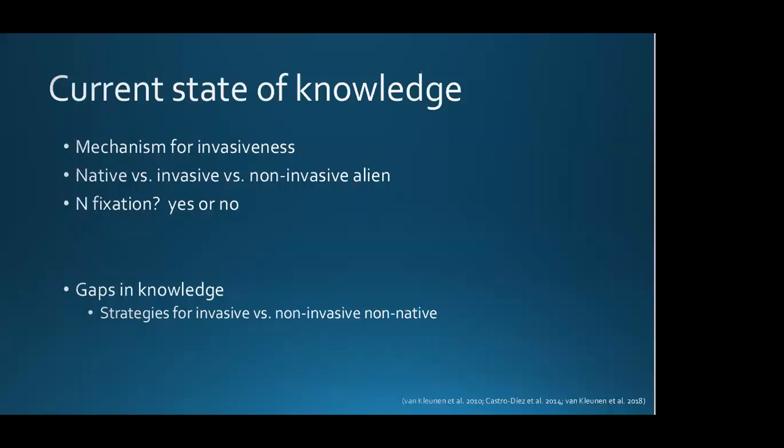Lots of research has been devoted to nitrogen fixation and even more to invasive species. A meta-analysis investigating the mechanism for invasiveness looked at over 100 studies that compare natives to invasives and invasives to non-invasives in the invasive range. It concluded that, in general, invasives have higher performance trait values than non-invasive alien plant species, but they do not explore